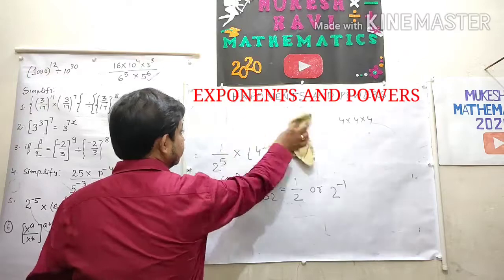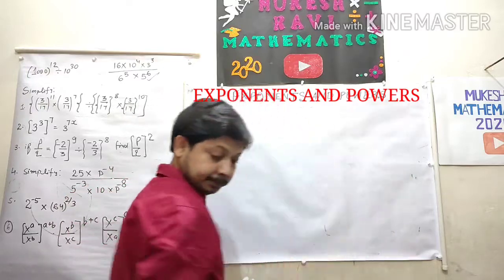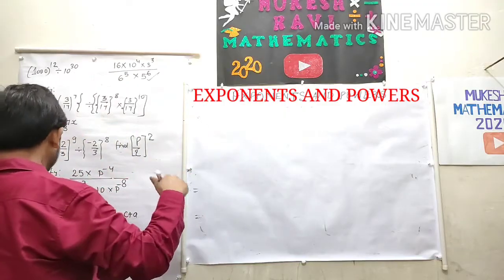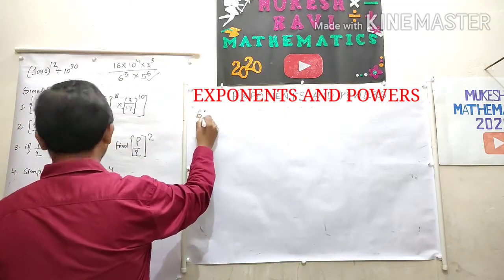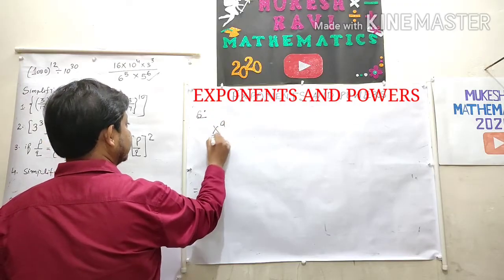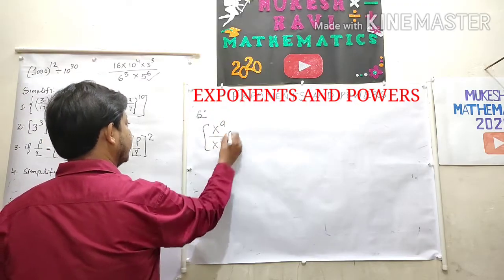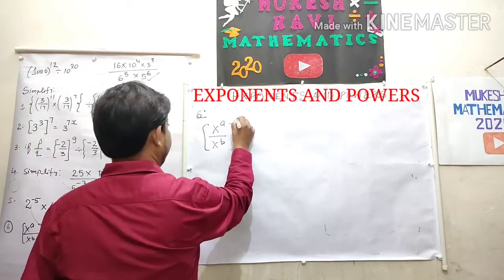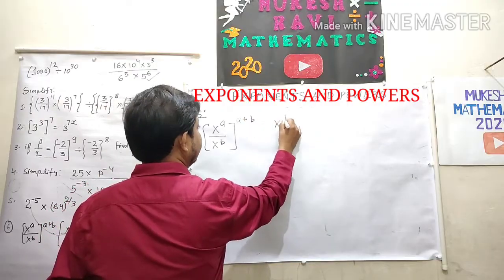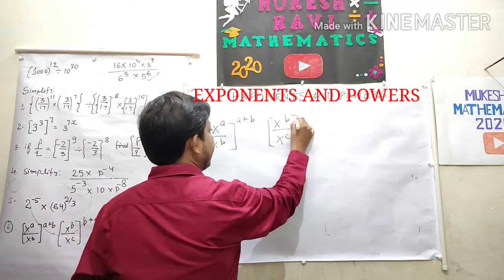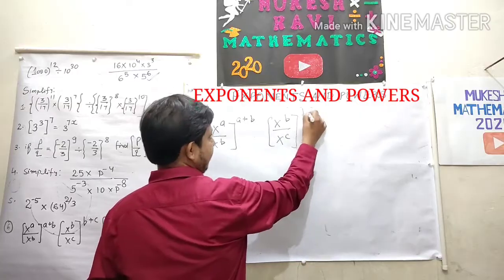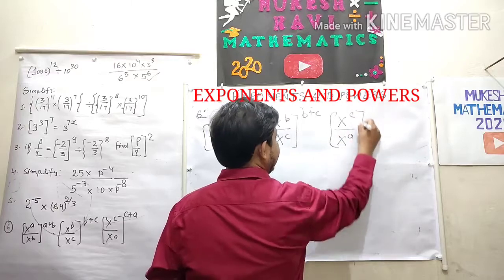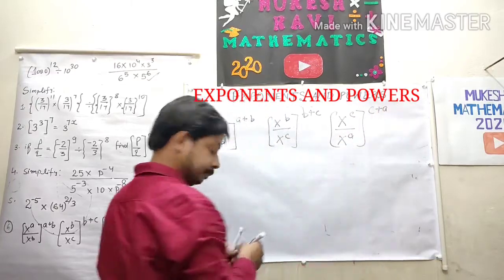Then, one of the best questions for exponent and power, class 9th. It will help you to understand x to the power a upon x to the power b. I am not saying this is class 7 or class 8, but it will help 7, 8, 9, even 10 also. x^a upon x^b to the power a plus b, x^b upon x^c to the power b plus c, x^c upon x^a to the power c plus a. A one-line question.